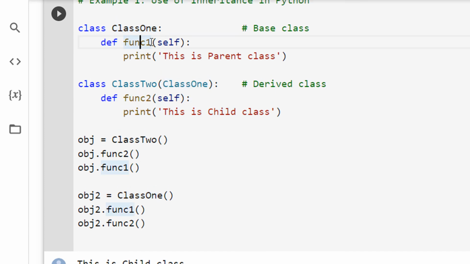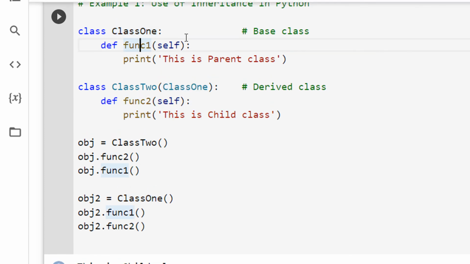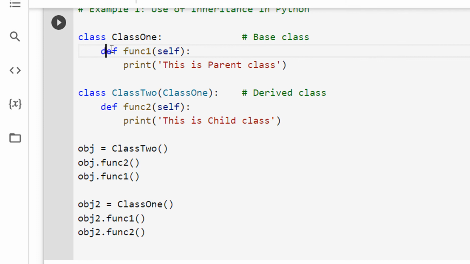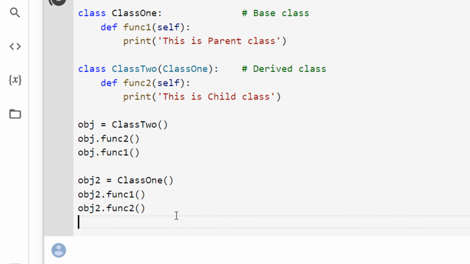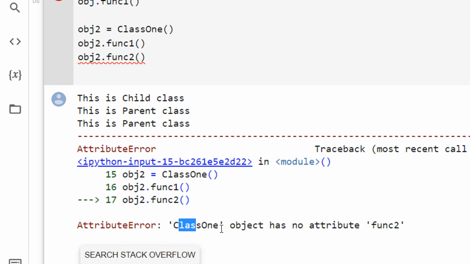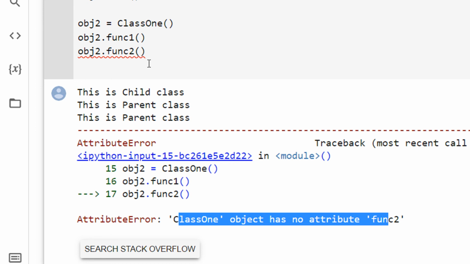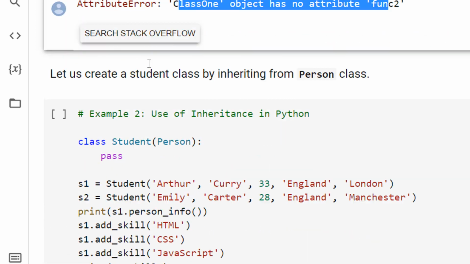Even though this is getting inherited, these properties can be accessed by class 2, but the reverse is not true. Class 2 is inheriting class 1, class 1 is not inheriting class 2. So you can see this will pop an error for object 2 dot function 2: class 1 has no object function 2.